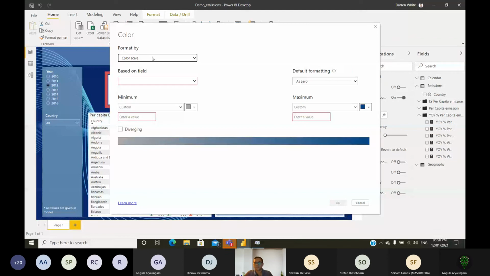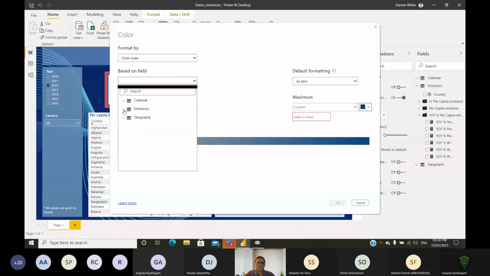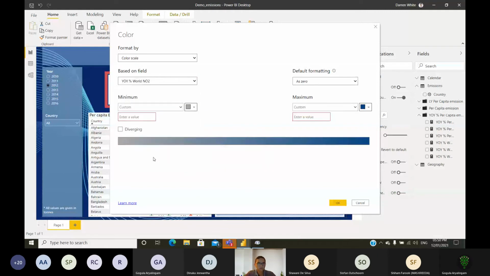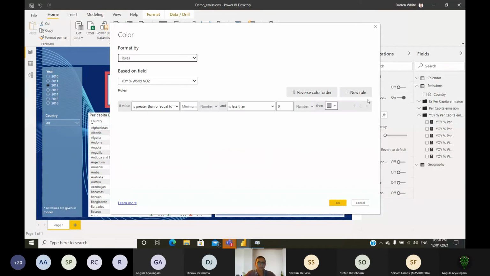So we are going to show the worldwide emissions of nitrous oxide. The conditional formatting will use the year-on-year percentage to indicate either an increase or a decrease. So that's the measure that we have chosen. I'm going to format it by rules. And so it's greater than minimum, and just